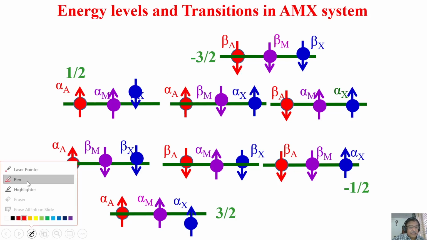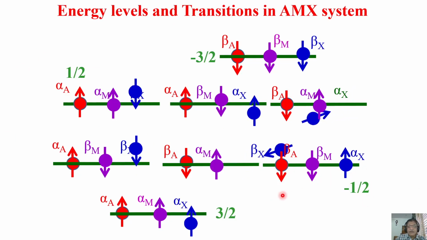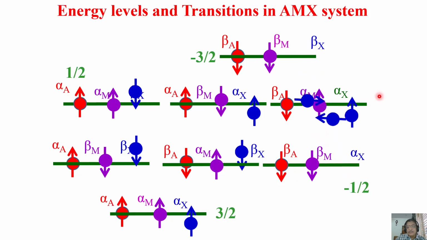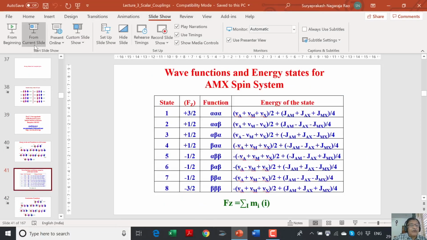So now let us see a few things. Next transition, again X, alpha X to beta X. This is a plus half to minus half transition. Plus half to minus half. That is allowed because it turns out to be 1. Another one, this is also allowed. This is also an X transition, and this is also an X transition. So like that, I showed 4 transitions will be there for A, 4 for M, 4 for X. Without going into the details further, we don't have to see that.